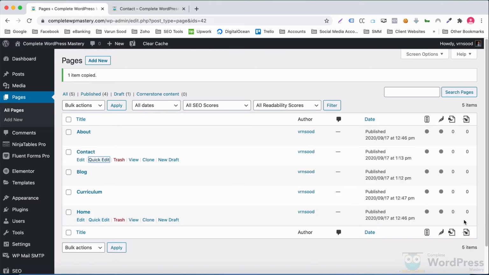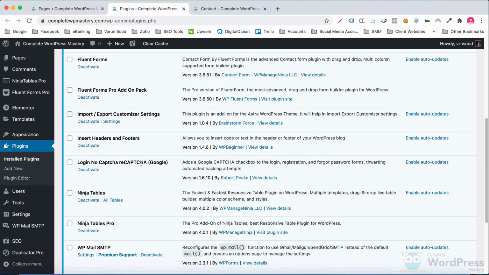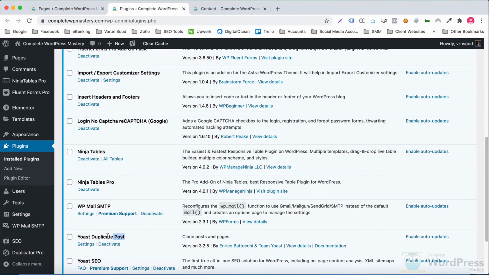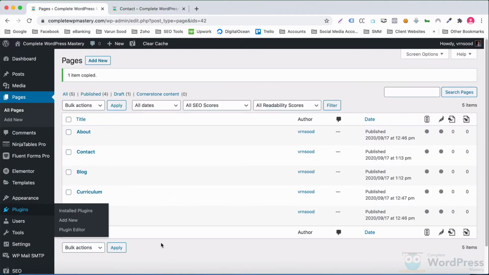This clone option is not available by default. The reason we have this option enabled is because we installed a plugin called Yoast Duplicate Post in one of our earlier videos. Let's quickly clone pages and create the remaining pages.